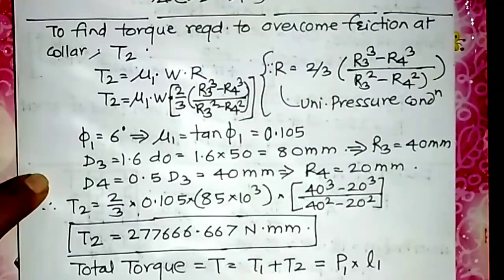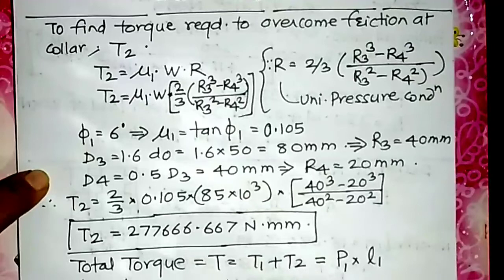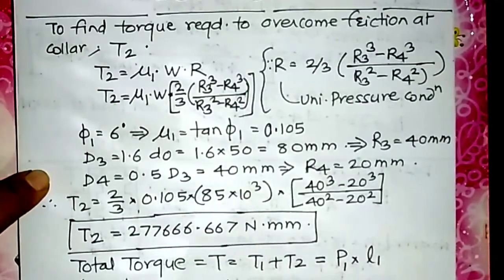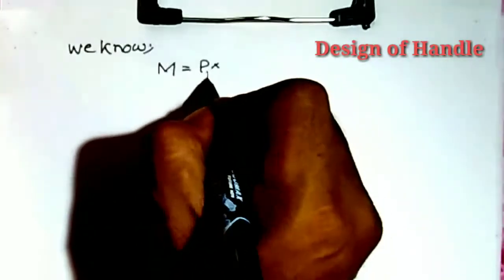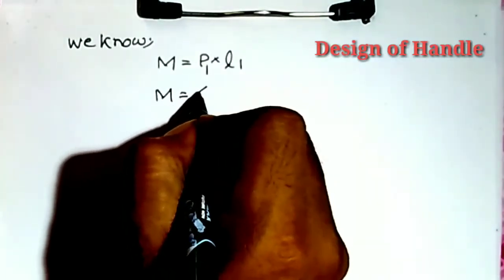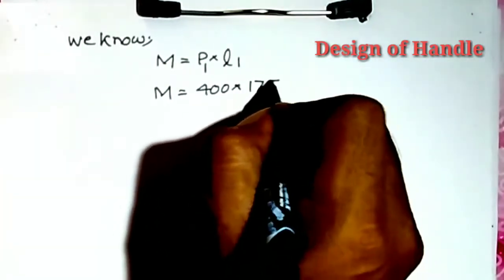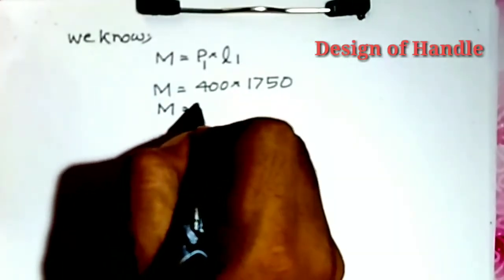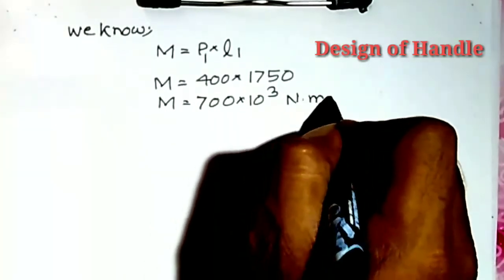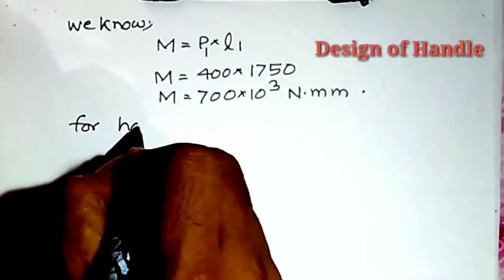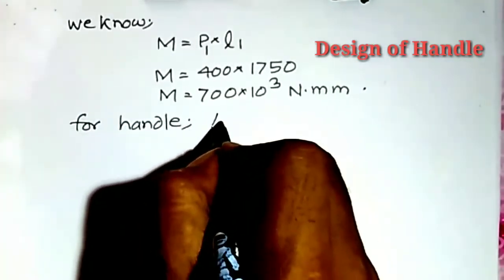So we know that a person can apply maximum effort of, let's say, 40 kg, that is 400 Newton, 300 to 400 Newton. So we'll consider it as 400. So assuming 40 kg as the effort which a person can apply, L1 can be obtained. By assuming 400 Newton as the effort applied by a person, L1 is 1719 mm. So adding gripping allowance, it comes out to be 1750 mm.